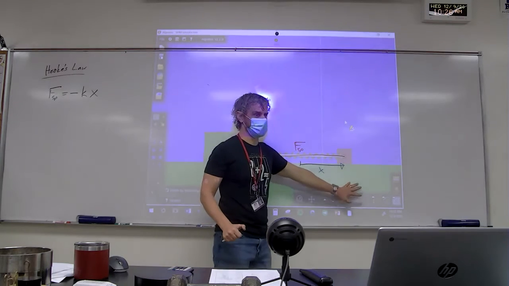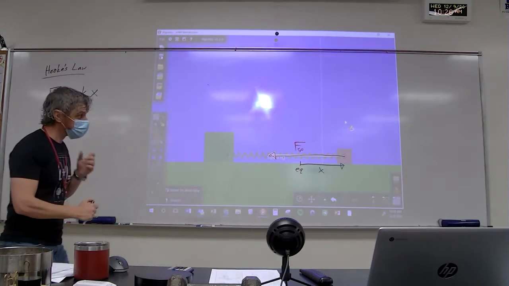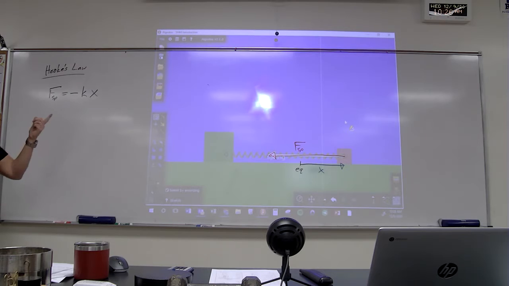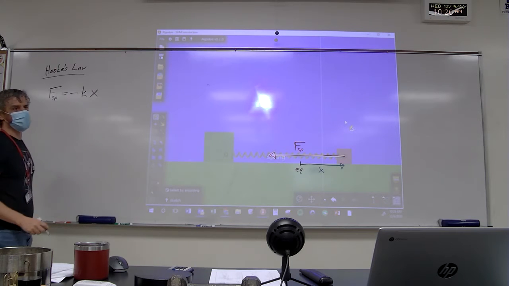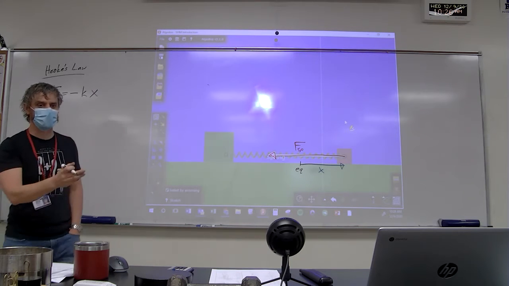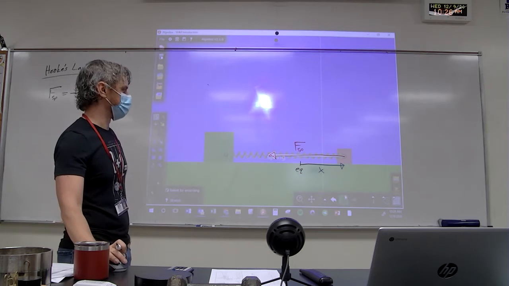Now, if we are ignoring all other forces, there's no friction. I turn friction off here. So if I turn friction off, then the weight force and the normal force cancel out, right? And so they're going to add up to 0. The net force in the y direction here is 0. So because the spring force is the only force, and it's definitely going to cause acceleration,